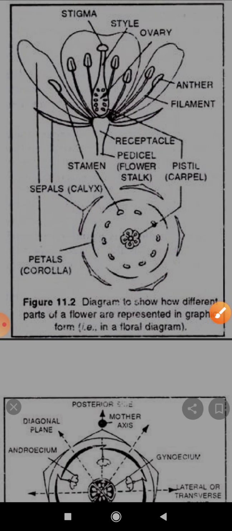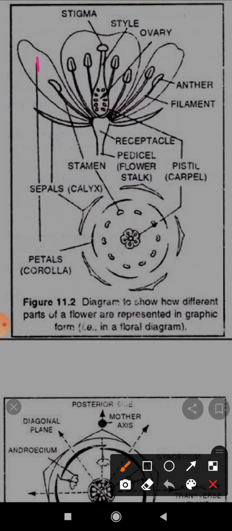Now we move to the next part, and the next part is the petal. Look, here this is the petal, and these are the petals. So the outermost are the sepals, which are shown here as the outermost, and also in the floral diagram they are the outermost. Inner to the sepals are the petals. We can say the third whorl of the flower, with the outermost being the first.